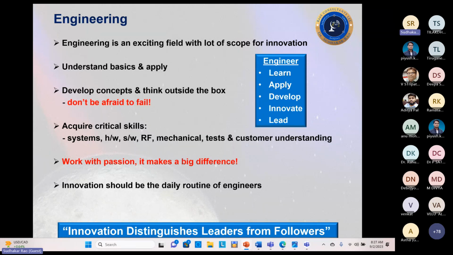An engineer should learn, then apply what he or she learns, and then develop systems, antenna systems, then innovate, and then lead. So these are the top qualities of a good engineer. And I think a lot of engineers are there, but I would say that in industry, even here,